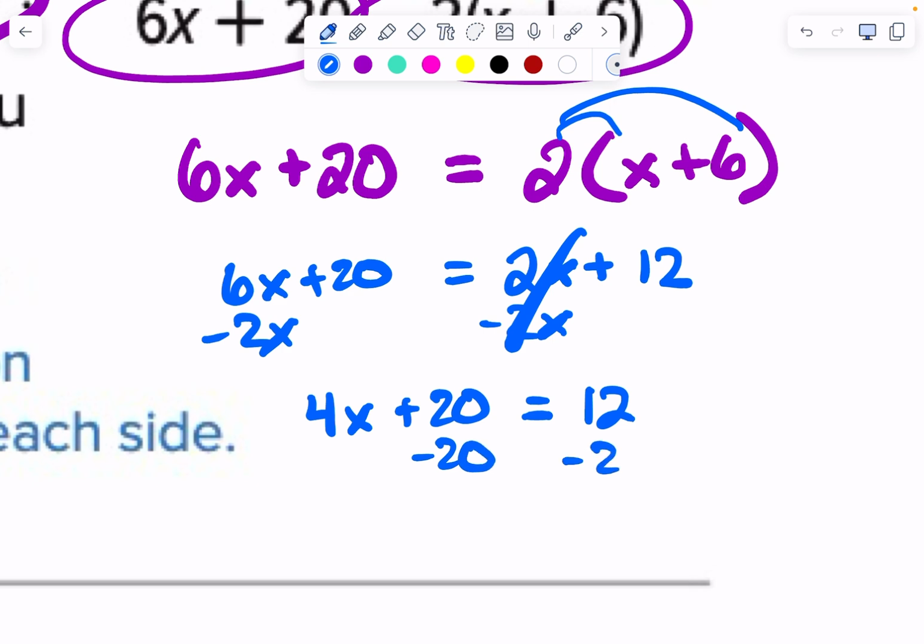Subtract 20, subtract 20. 4x equals negative 8. And dividing by 4 is... What the